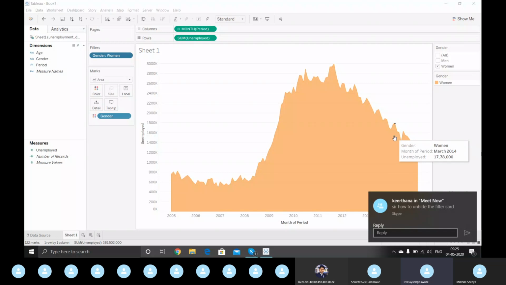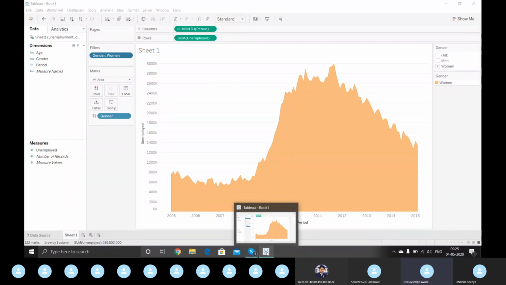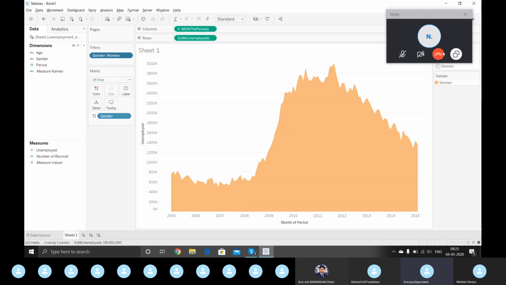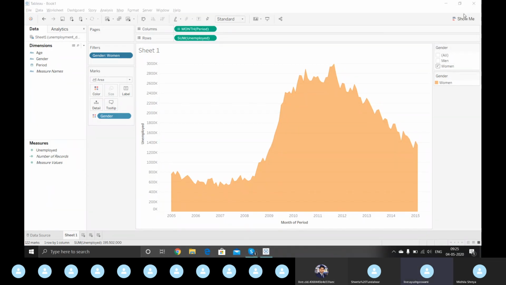So this was the option. You have to drag gender into the filter pane and select all the values you want in your filter. So I'm selecting both men and women and clicking on OK.